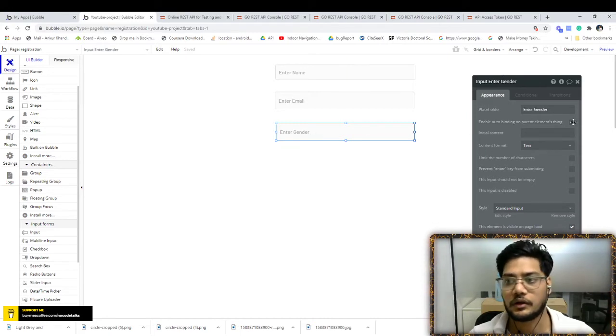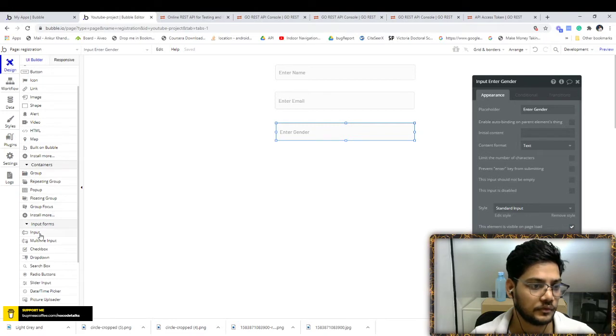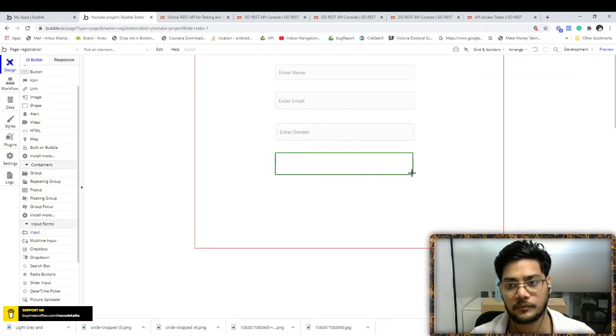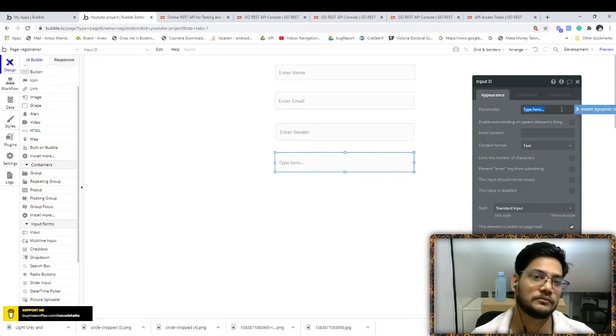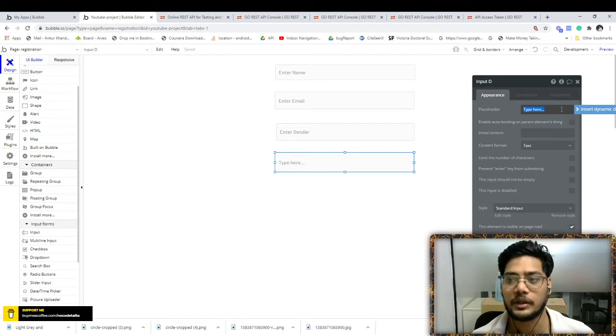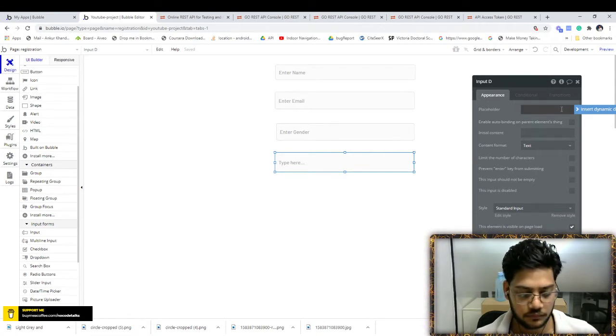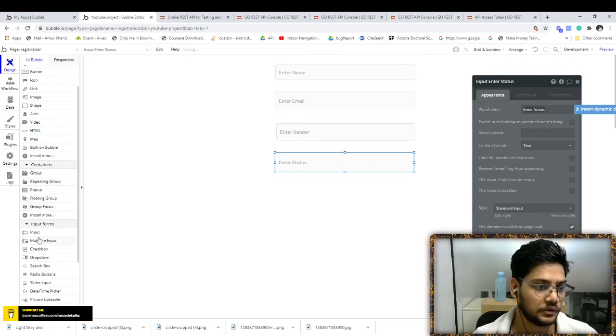So enter gender, and next is active, inactive. I'm not using a drop down here either, just helping you learn how to call APIs. We will talk about these in the later part. And status. So there is a button.